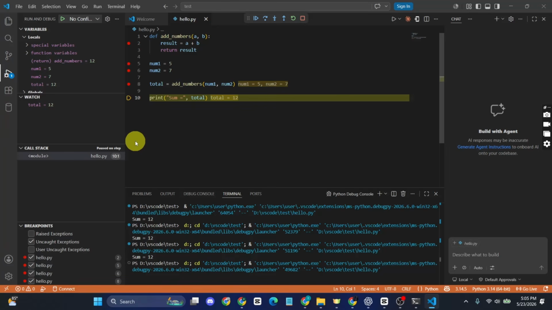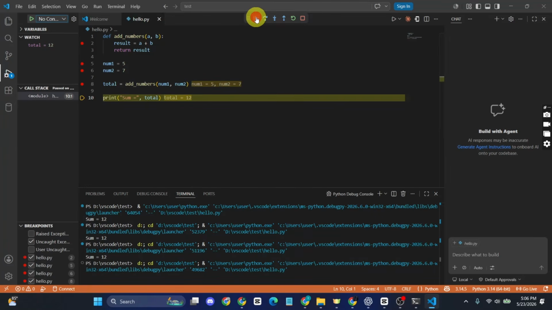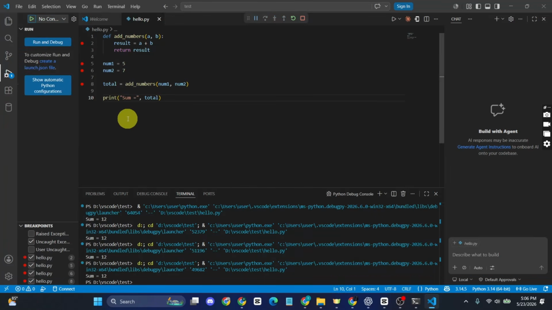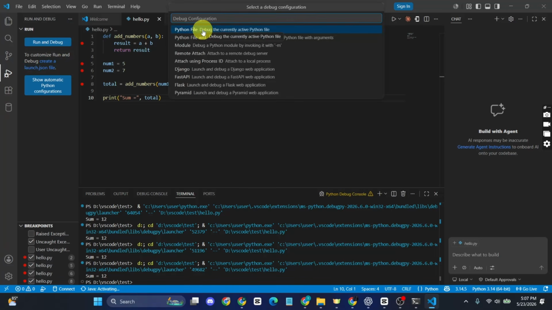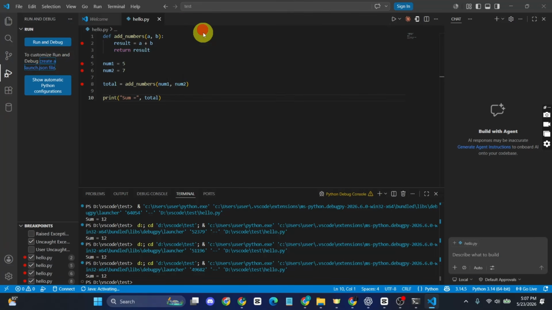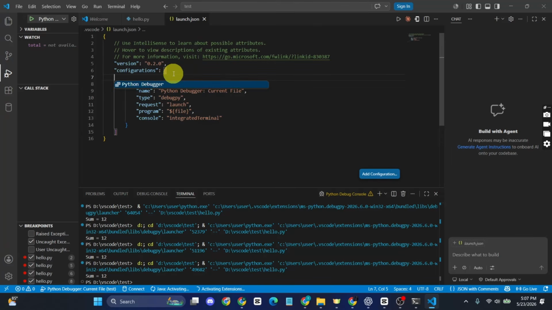Now, let's create a debugger configuration file. This is optional but very useful. Now you can just go ahead and click on continue to exit it. So now just open the run and debug dialog and you will see create a launch.json file. Just click on it, and from here choose Python debugger and select Python file. Visual Studio Code now creates a file named